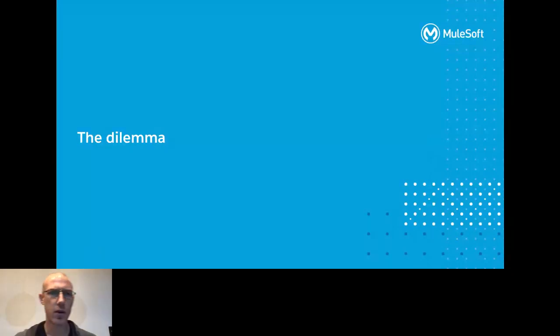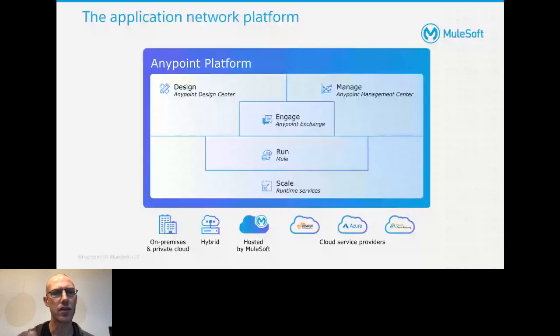Just to clarify what I'm talking about when I talk about control plane and runtime plane, this is a view of our entire Anypoint Platform. And anything northwards of that Anypoint Exchange block you see there, and upwards, is essentially what we call our control plane. And anything south side of that is really our runtime plane. Now,